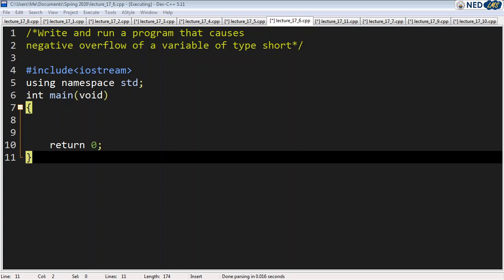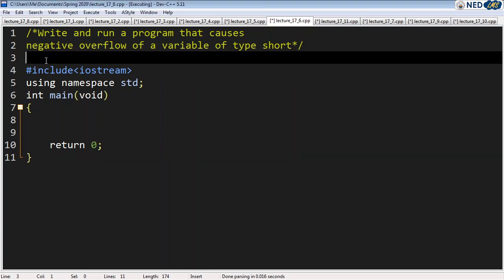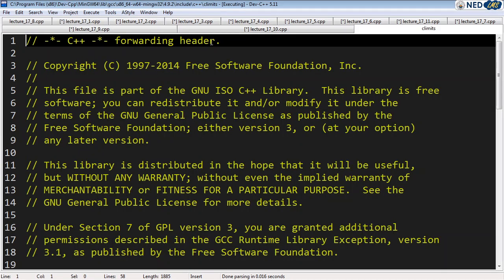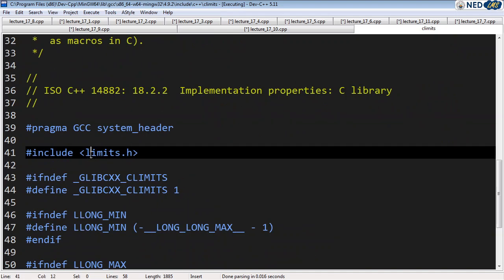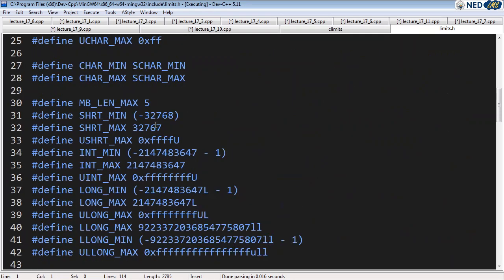In this example, I need to write and run a program that causes the negative overflow of a variable of type short. If you remember from the previous lectures, we did include some file known as cLimits, and if I press Control and the mouse pointer becomes a hand, I click this thing, it opens the cLimits header file. So I can see the short minimum and short maximum. I'm not talking about unsigned because